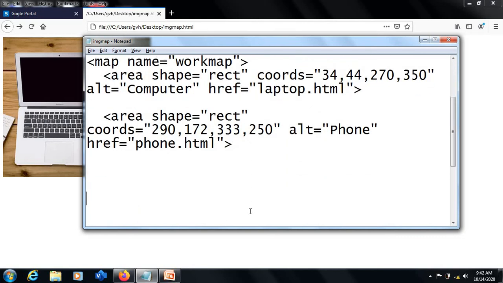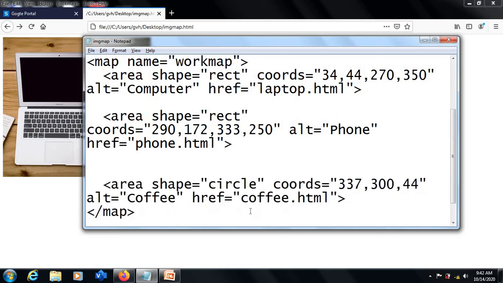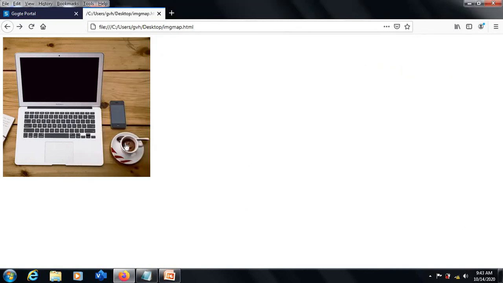The third one is about the circle. Now for a circle, the coordinates will change. It is not from left to right and top to bottom. In the case of a circle, again it starts from left and top. If you are using a circular image, what you will have to search for is the center of the circle.